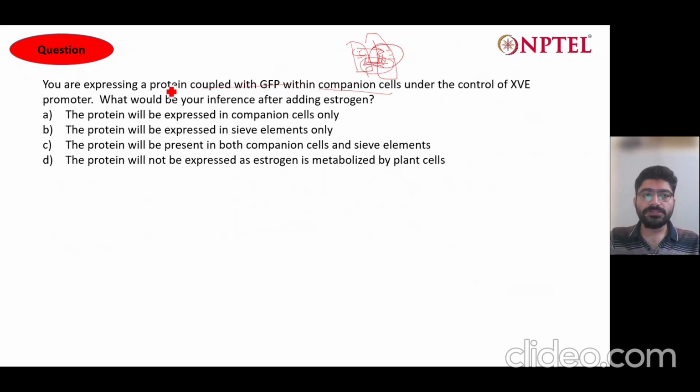So the question states you are expressing a protein coupled with GFP in the companion cells under the control of a XVE promoter. So XVE promoter is an inducible promoter as we discussed in the previous class. So when this promoter is used and we add estrogen, then only the mRNA will be produced and the protein will be expressed. So we used estrogen, then what will be the inference after adding estrogen? So the protein will be expressed in companion cells only, the protein will be expressed in sieve elements only, and